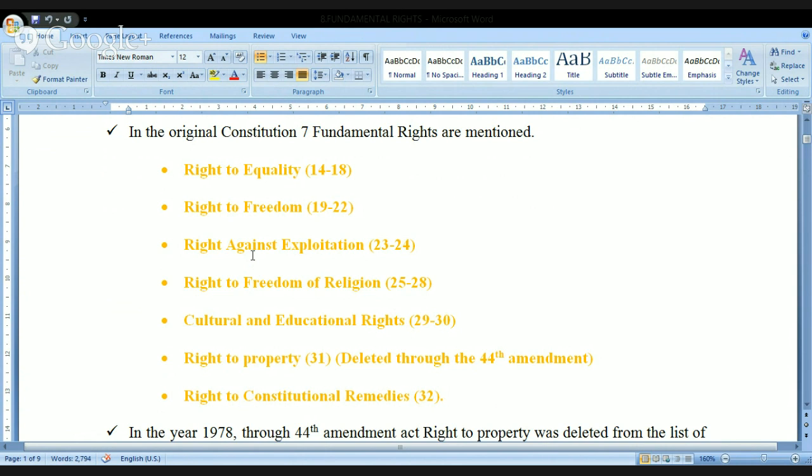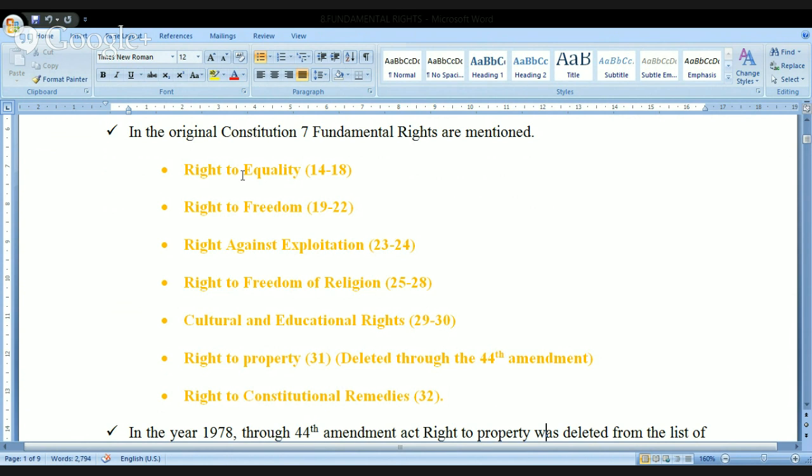Like UPSC may take 4 rights or 5 rights here. On the other side, UPSC will give you list 2, where the range of the articles is given, like 14 to 18, 19 to 22, 23, 24, like this. And you'll be asked to match this. Once you match it correctly, you will get a mark. This is how you need to concentrate on remembering the range of articles associated with each fundamental right. Am I clear?